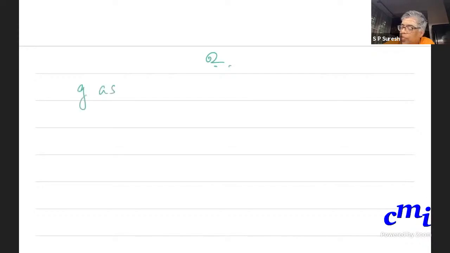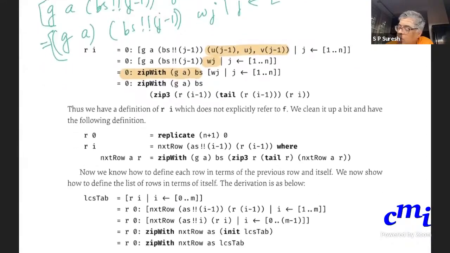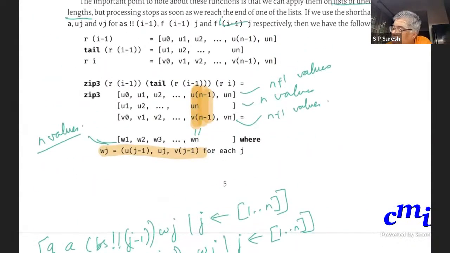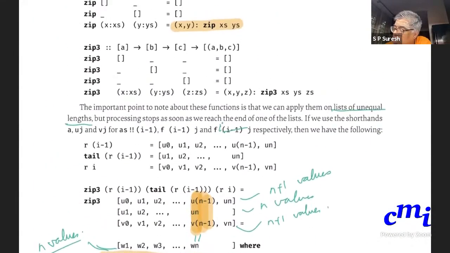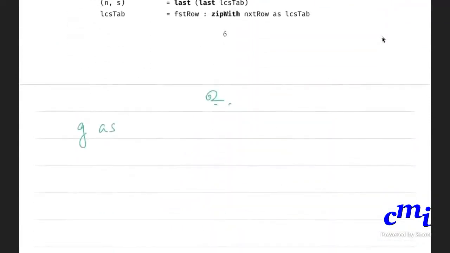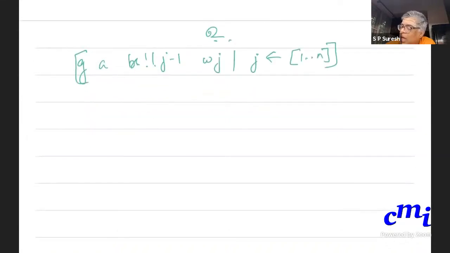So g of a. What is a? We didn't say what is a. A is whatever, any a. G of a, and then b is at j minus 1. This is what we started with, right? And we said, this is nothing but